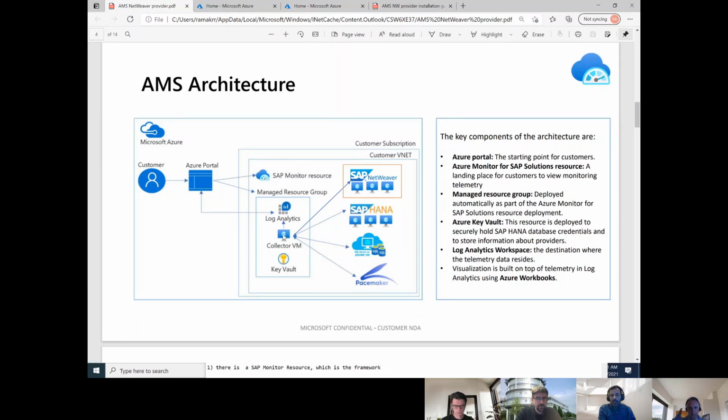The collector VM is the key component of the three, where the collector code is sitting to collect the data from different source types. So we have provider types for collecting data from HANA, SQL, and Pacemaker, and then we recently added this NetWeaver provider that collects the telemetry data from the SAP NetWeaver